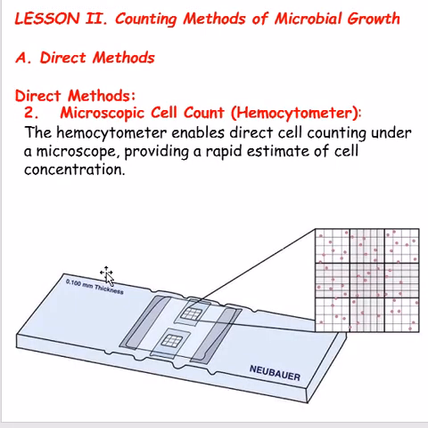The second one in the direct method, which all of you will get involved in and get experience with in the laboratory, is the microscopic cell count using the hemocytometer. We commonly call it a counting chamber, and it has a series of squares: one big square with 9 major squares. Inside the 9 major squares, you have another 16 tiny squares. You can look at this diagram here. These tiny dots